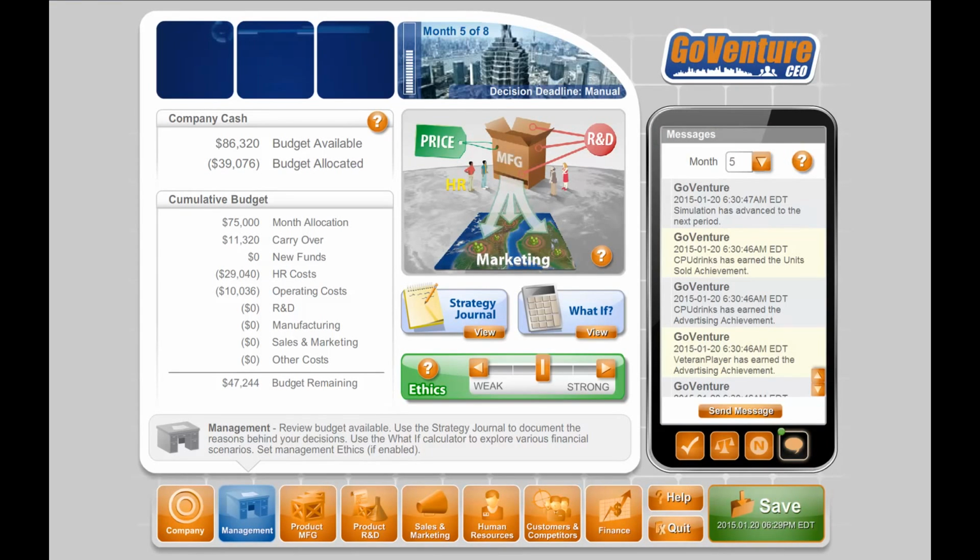The Messaging app displays industry messages and messages sent by other businesses. You can also send messages to all other businesses and players. Consider sending brief news releases or information that may influence your competitors. When you send a message, it is visible to everyone you are competing with, as well as the simulation manager. Messages are not private and may take a few minutes to appear.